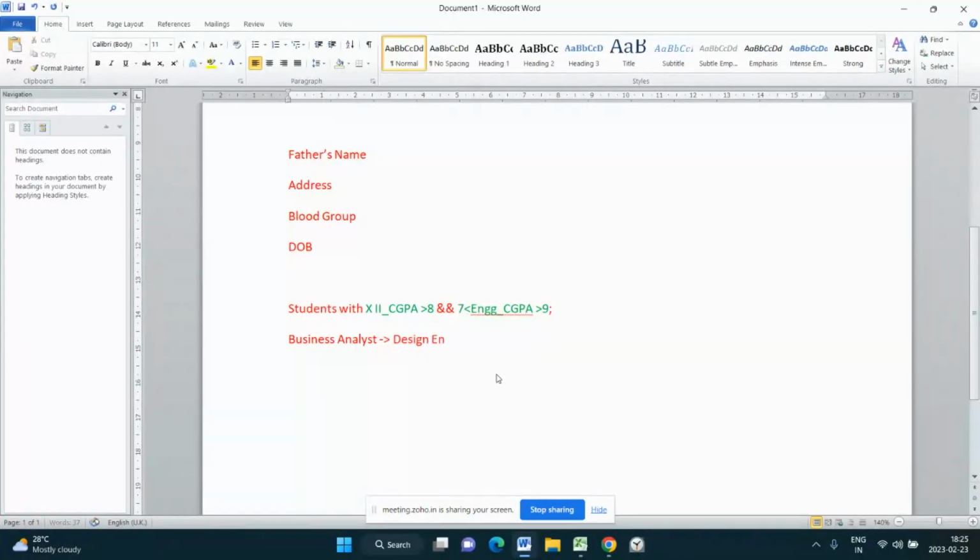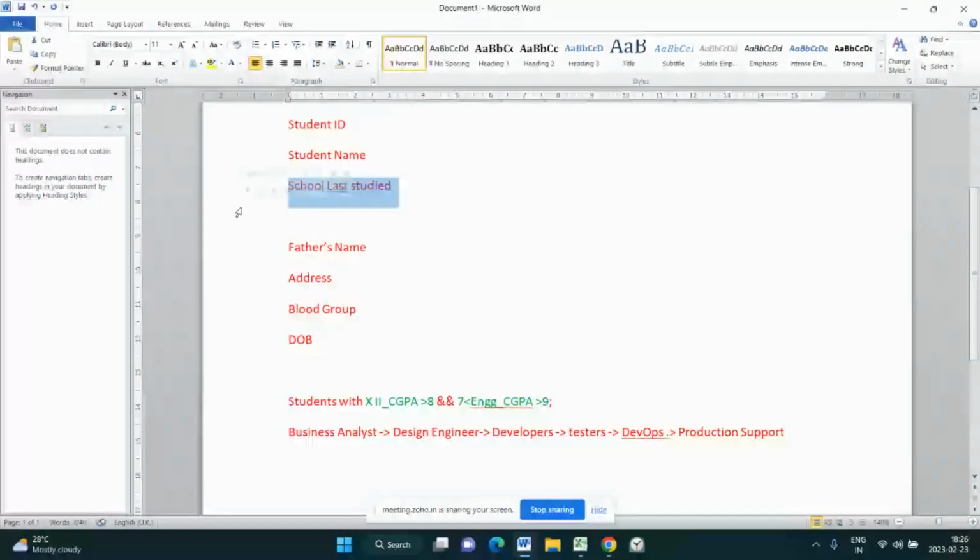Design engineer will do the designing. Developers will do the development. Testers will do the testing, and DevOps, it's called DevOps, will put it in production. Then come the production support engineers. Only then does the cycle go on. So when they gave the requirement, they did not say that